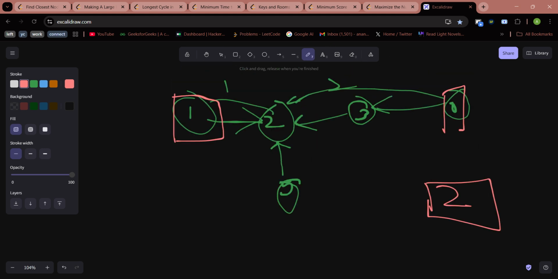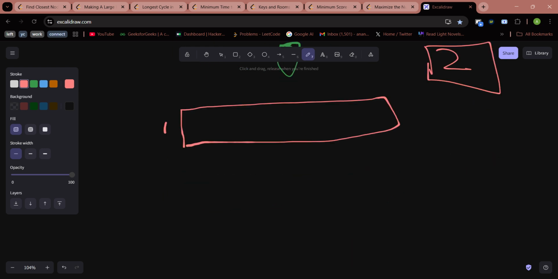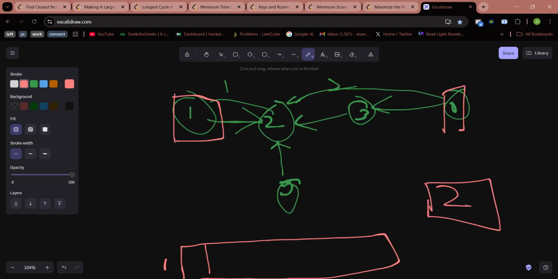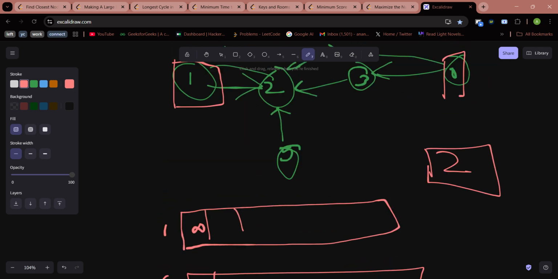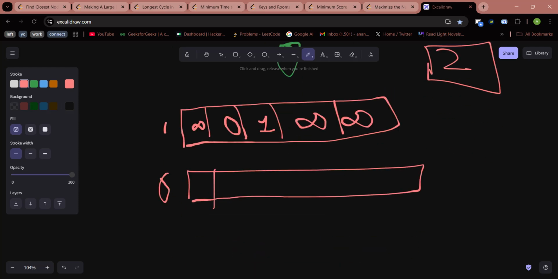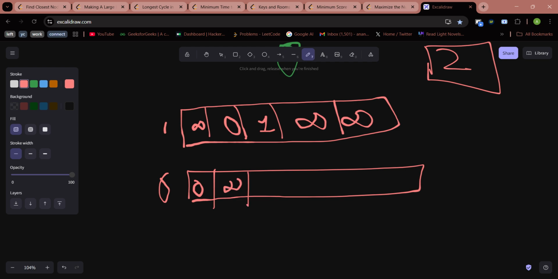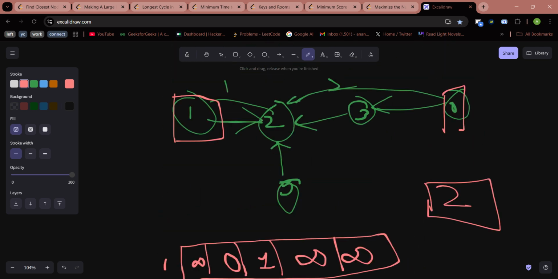अब ये बेस्ट आंसर क्यों है ये चेक कर लेते हैं। पहले हम अपने 1 से एरे बना लेते हैं और ये 1 एरे है और मैं एक और एरे बनाऊंगा 0 एरे, इसमें 0 से डिस्टेंस स्टोर होगी। ओके, 1 से 0 तक की कितनी डिस्टेंस है इनफाइनाइट, क्योंकि हम 1 से 0 नहीं पहुंच सकते। ग्रेट, 1 से 1 जाने की डिस्टेंस 0 है। 1 से 2 जाने की डिस्टेंस 1 है। 1 से 3 जाने की डिस्टेंस इनफाइनाइट है। 1 से 5 जाने की डिस्टेंस भी इनफाइनाइट है। ओके ग्रेट, अब 0 से चेक करते हैं। 0 से 0 जाने की डिस्टेंस 0, 0 से 1 जाने की डिस्टेंस इनफाइनाइट, कांट बी रीच्ड। ओके, 0 से 2 जाने की डिस्टेंस 2। 0 से 3 जाने की डिस्टेंस 1। ग्रेट, 0 से 5 जाने की डिस्टेंस इनफाइनाइट, कांट बी रीच्ड।